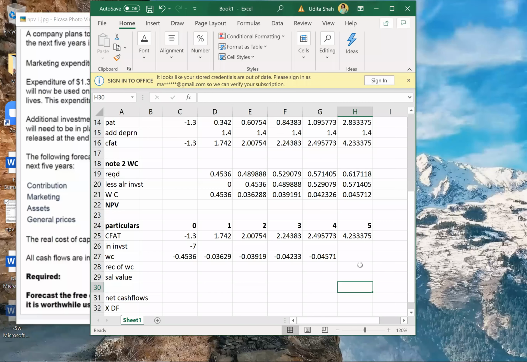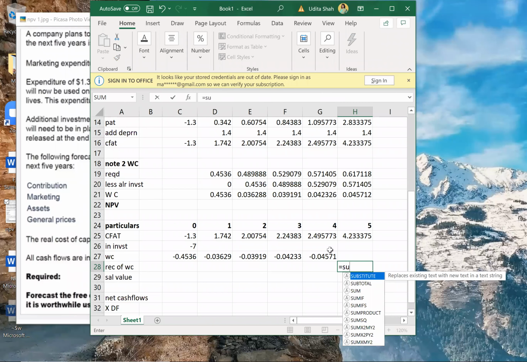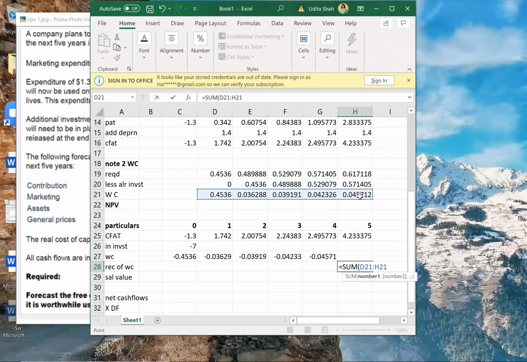Okay. And recovery means what? Total of all these, equal to the sum of all the working capital. So the sum of all the working capitals will be recovered in the next year. Till the end of year 4 we have done working capital, so in year 5 I'll recover my working capital. That recovery will be positive, an inflow for my company. Salvage value should be in year 5, but salvage value is 0, so there is no tax on salvage value. Now I've got the net cash flows.